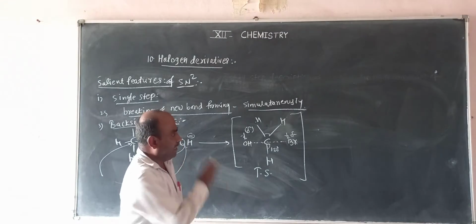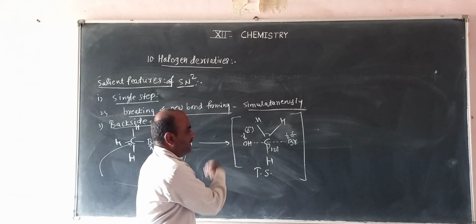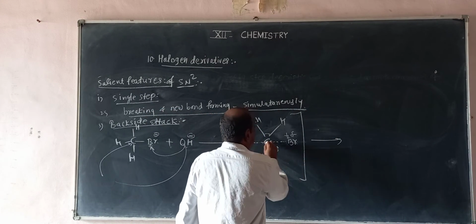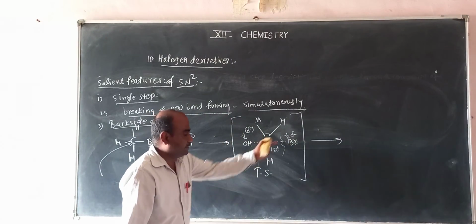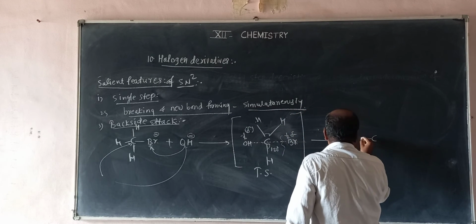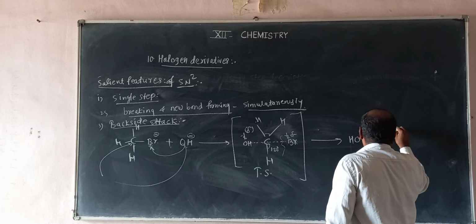They lie perpendicular to the plane. Okay, so after that what happens? Here the bond between C and Br is completely broken by losing some energy, and you get carbon, OH and 3 hydrogen